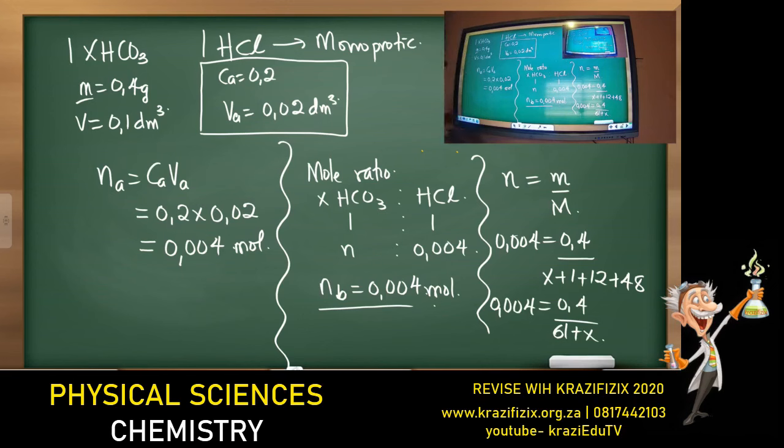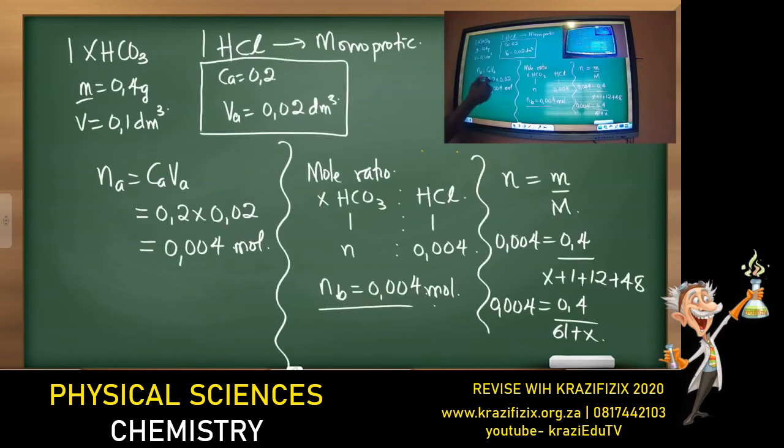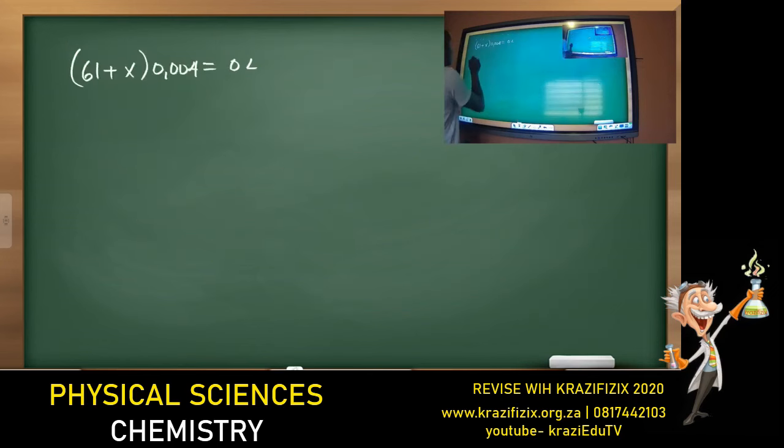All right. We can then cross multiply 61 plus X there. Just get a page as we round up. 61 plus X multiplied by 0,004 equals to 0,4. Does that make sense? Yes. There are other ways of getting this answer. Let's deal with this. 61 plus X